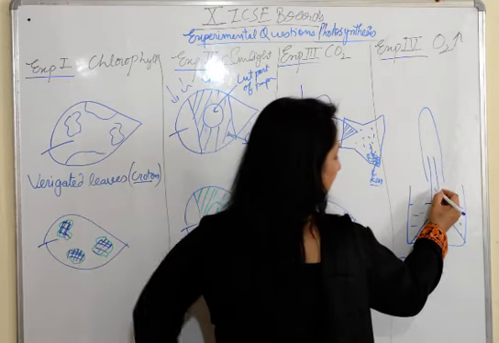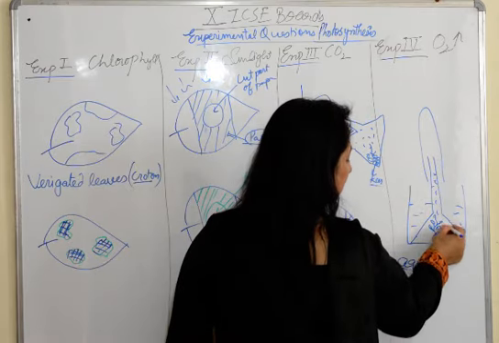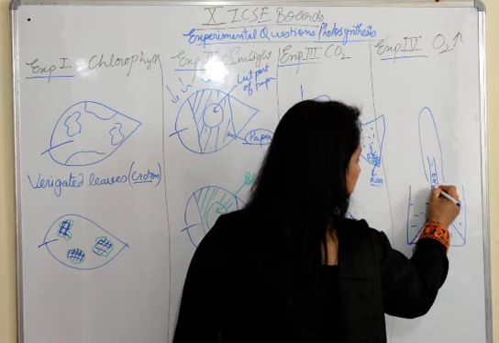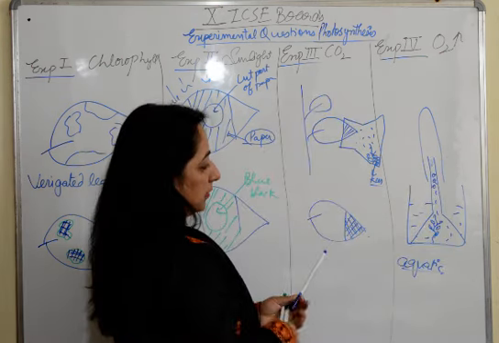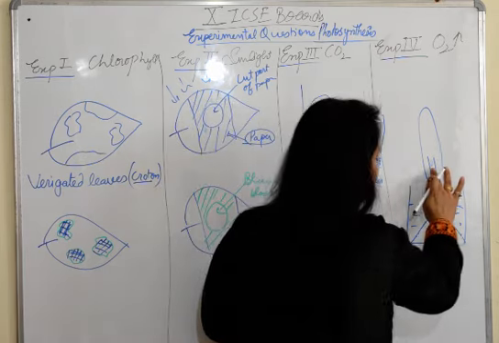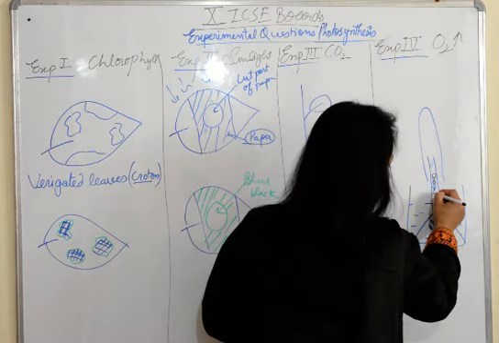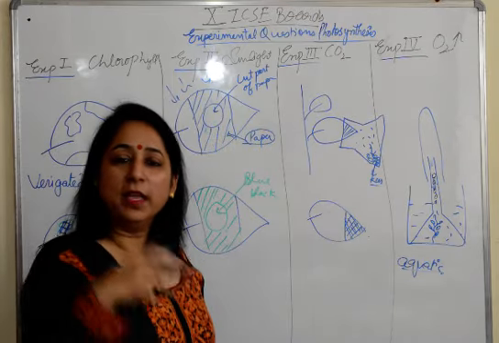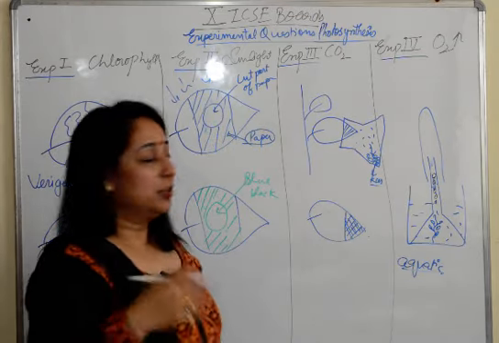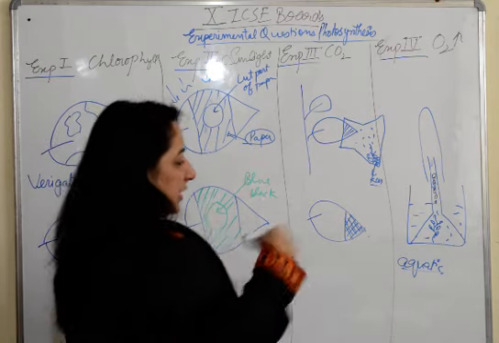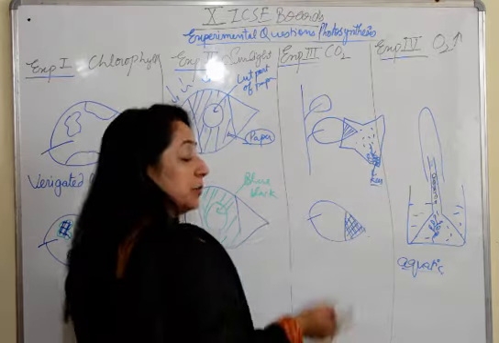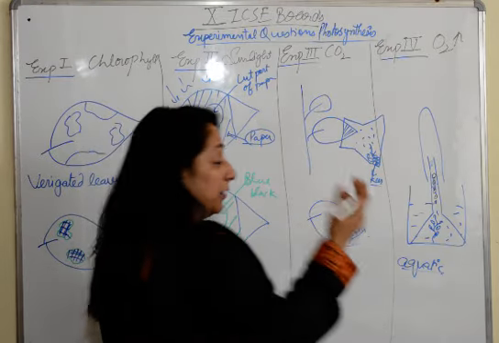We will see there is water inside the funnel also, and in the water there will be bubbles here. I'll make it with the other color. So there will be bubbles seen in the water. And why do we see these bubbles? You must have seen many times in some movie someone is drowning. So there are bubbles which are coming out. That shows that there is a gas coming out. The bubbles show that gas is being evolved.